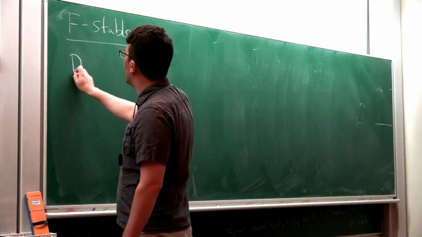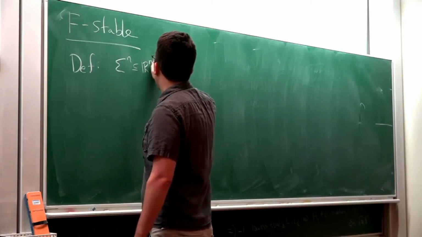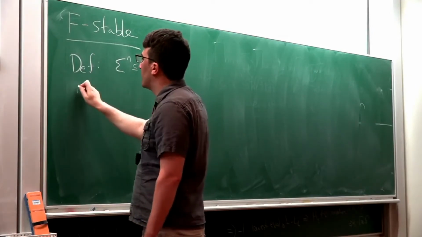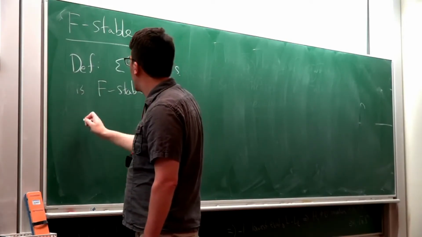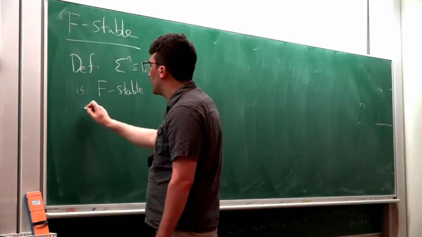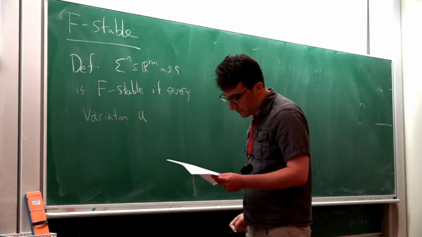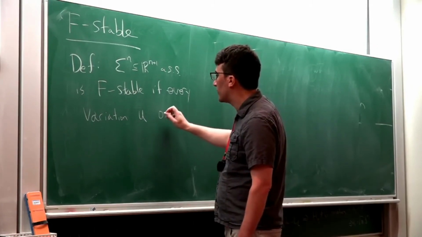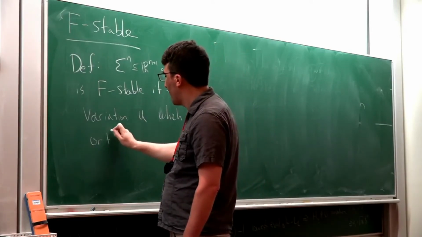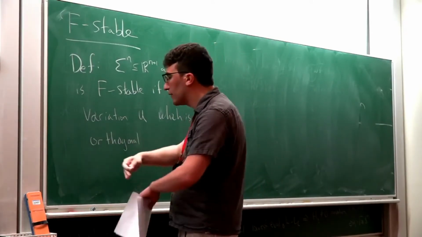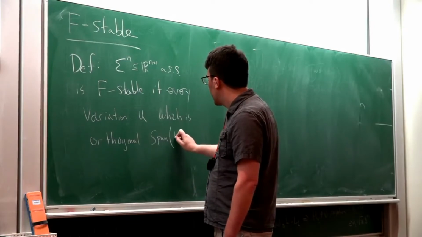So essentially the definition is: a shrinker sigma in R^{n+1} is F-stable if every variation U which is orthogonal, in this weighted L2 sense, to the span of the mean curvature of sigma,